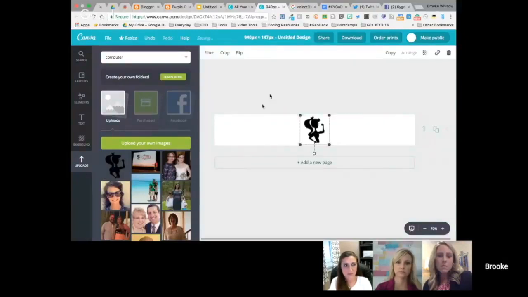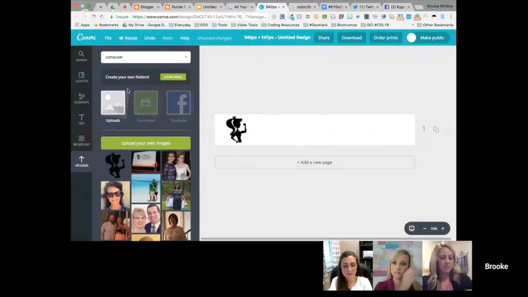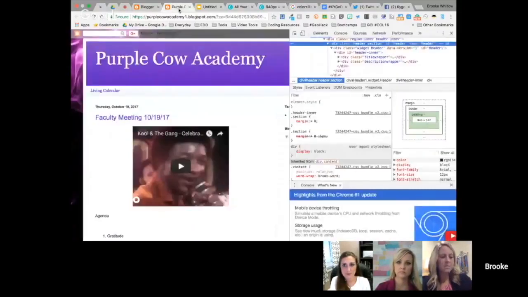So I can actually just upload like my school logo or whatever into Canva. And then whenever I'm done, I can download that as a photo and then put it directly into your Blogger, which is a really fun tool to really customize the look of your Blogger.